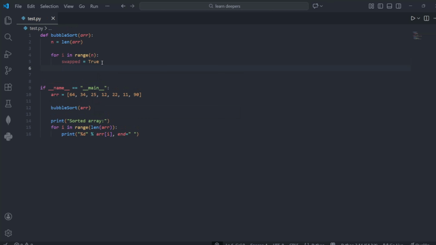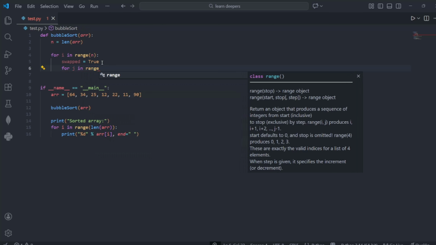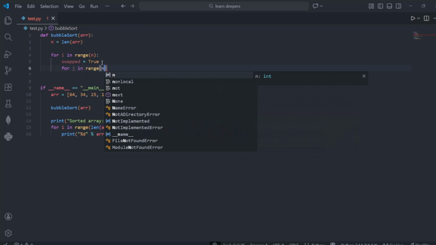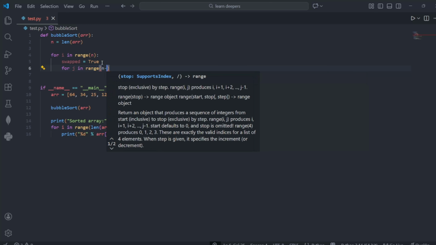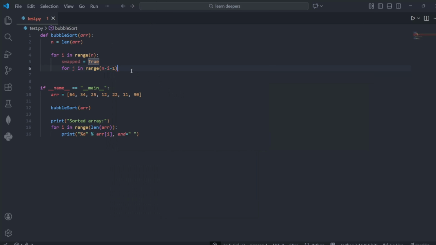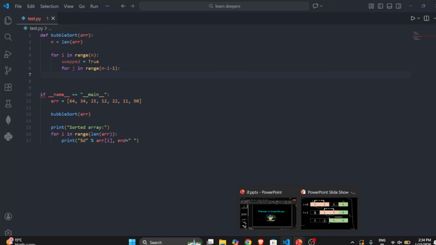Okay, so we need another for loop, which is for j. Here you need to be careful. Here I'm going to run till n minus i minus 1. Why did I do this? See, on the first one,